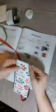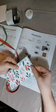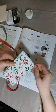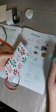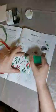Once it's dry, that's it. It's really strong. It's a really strong glue. I've used it over the years, and it doesn't seem to then come away. Even years later, when I've found a card in the bottom of a drawer, that glue still stays strong. So it's a really great glue. It allows you that wiggle time, and you really just need that tiniest bit, just a seam of